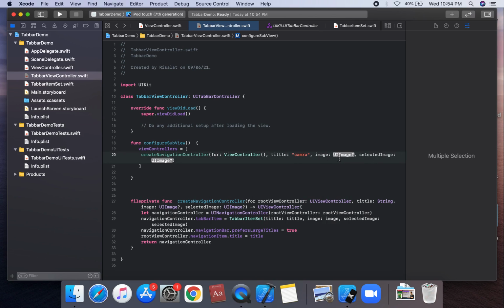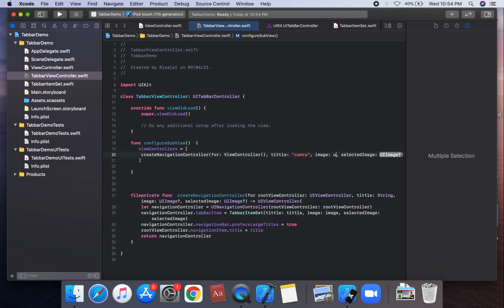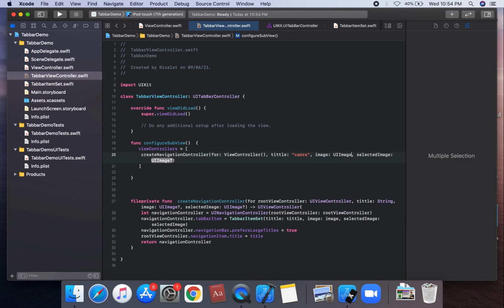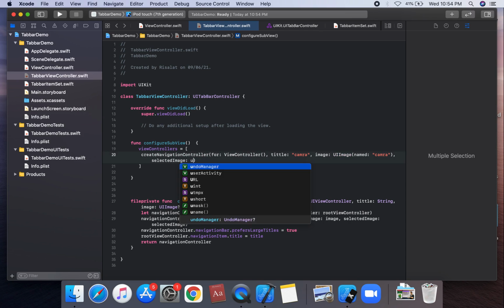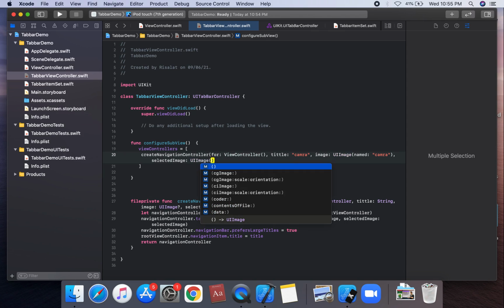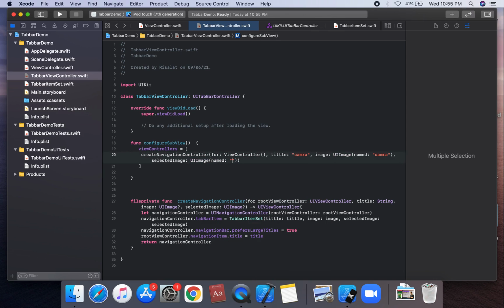and image UI image named initializers. Suppose the string is camera, and selected image UI image named initializers.